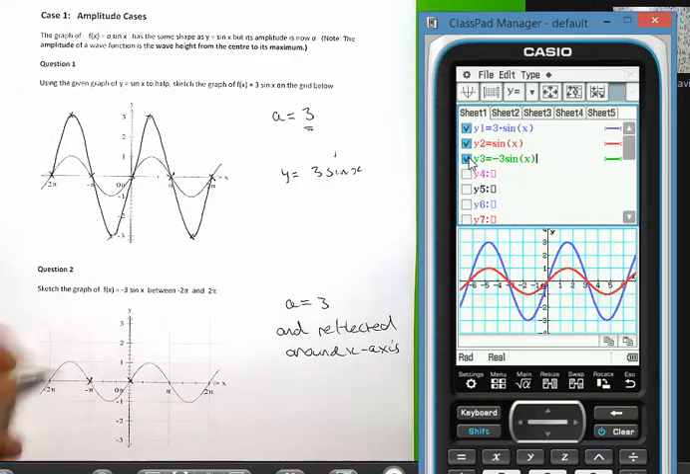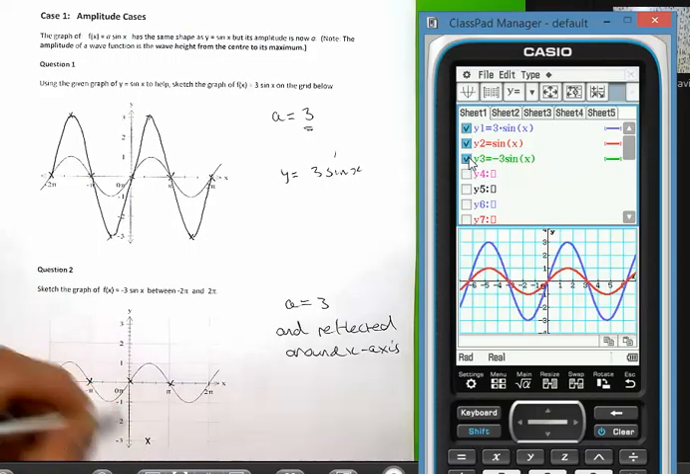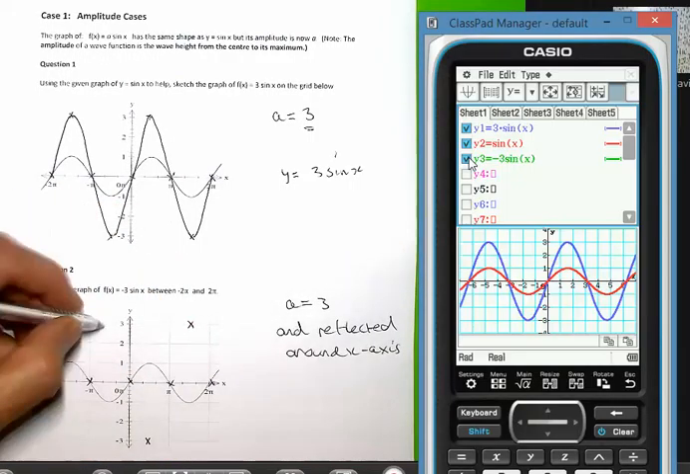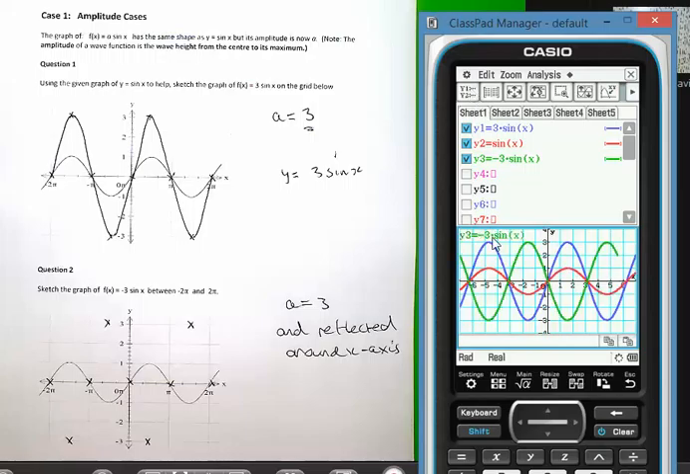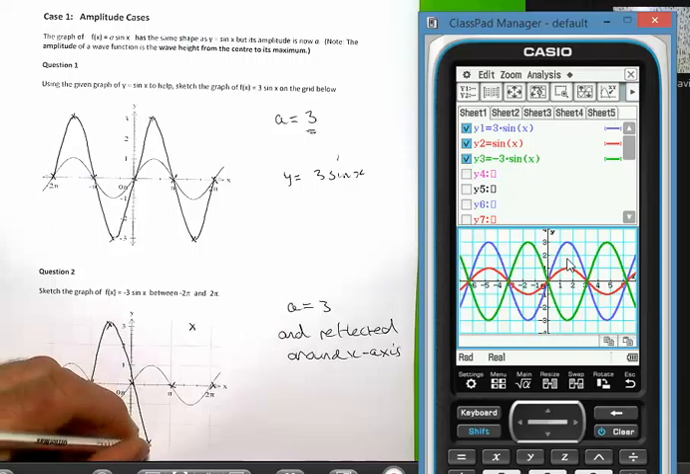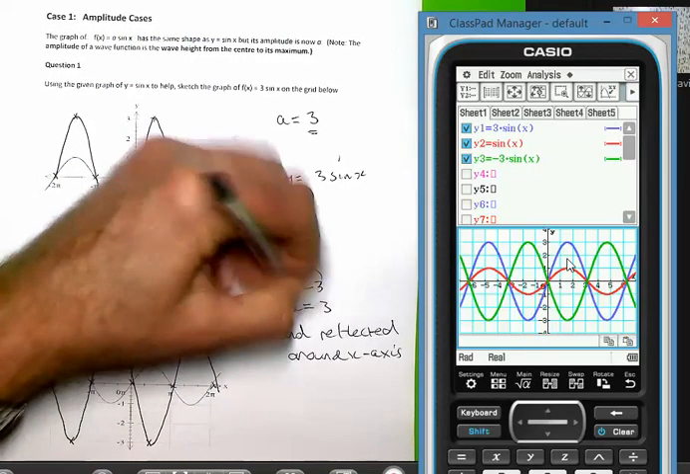I'll put my zeros in because they'll still be the same as before, but every time I see a maximum, I now have a minimum of negative 3, and conversely for the negative 1 and the positive 1. And that will give me an idea of what the graph looks like. So this time in green, you can see the 3 sine x in blue, and everything is flipped, reflected around the x-axis, and magnified by 3. So completing that graph, changing the amplitude, and the negative 3 means reflected